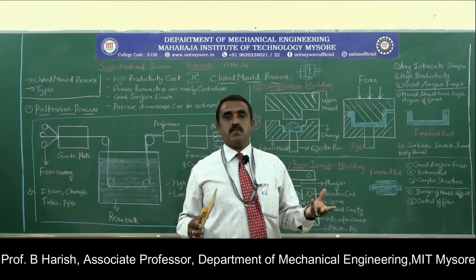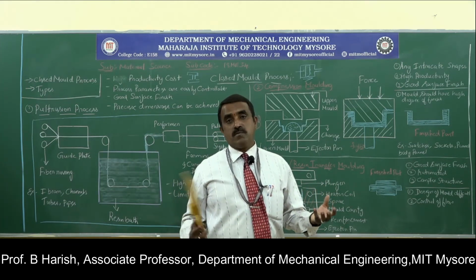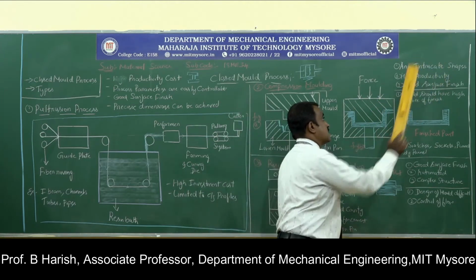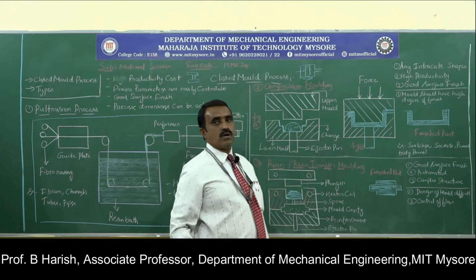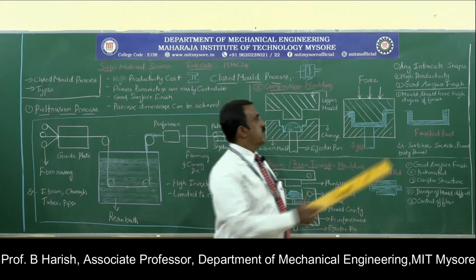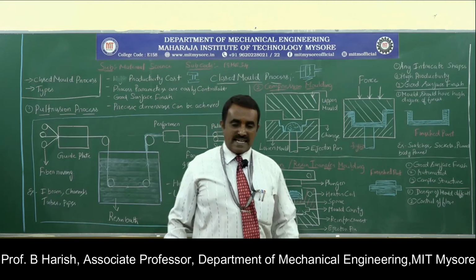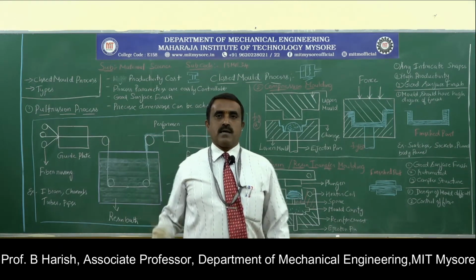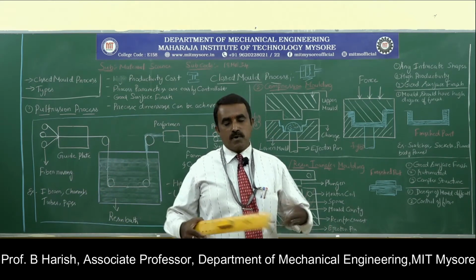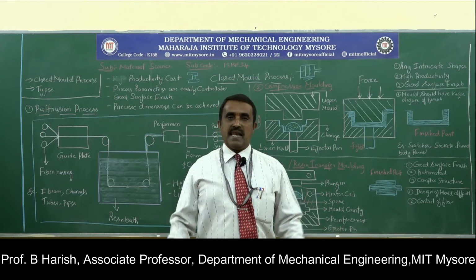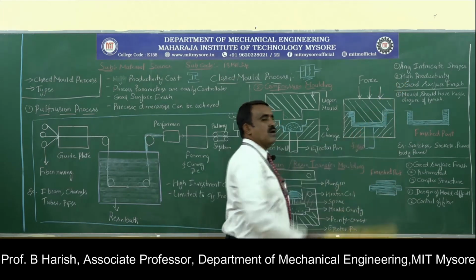An intricate shape is a shape that does not correspond to common geometric shapes. So for any intricate shape, I should have the bottom mold of that particular shape. Second one, high productivity. Here the time taken to produce is less compared with the pultrusion process. Since the time taken is less, I can produce more components in less time. That is one more advantage.